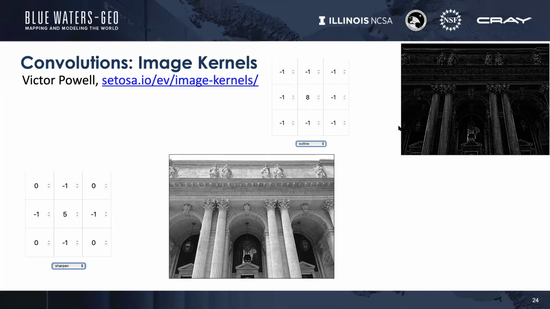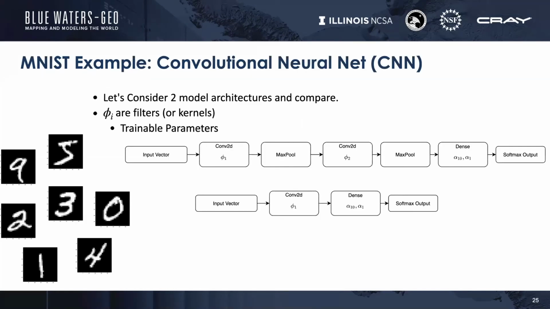Which ones are the best effects? We don't know. We're going to let the stochastic gradient descent choose. So the reason I write all this down, the actual values in these kernels are trainable parameters. So we're going to let stochastic gradient descent learn and decide which values those trainable parameters should be. All right, so